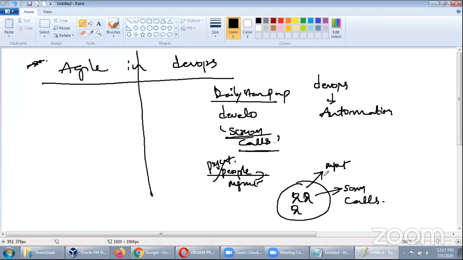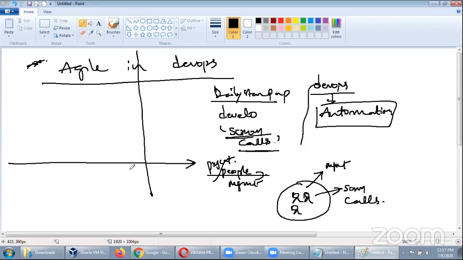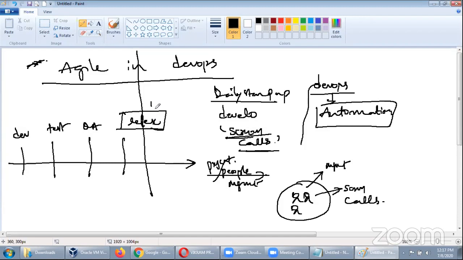Yes, so what happens is DevOps does not focus on this. DevOps only focuses on automating. That means if I take this as a line, let's say you're doing your development, then you do your test, then you do your QA activities, then you test the product in different release environments, and finally make it available for prod, right? Now DevOps is focusing on this area only.